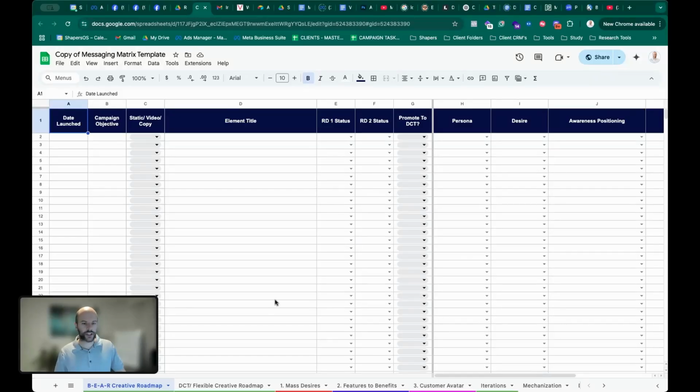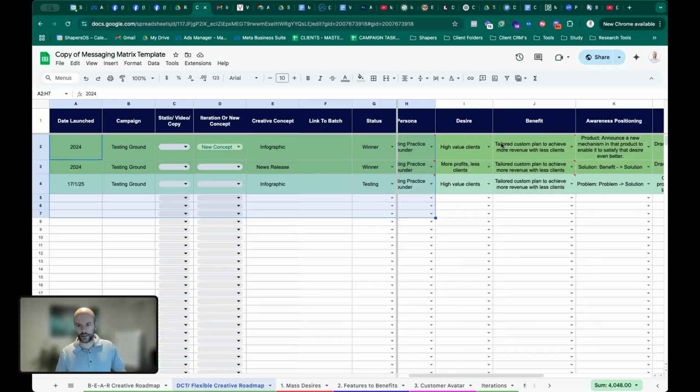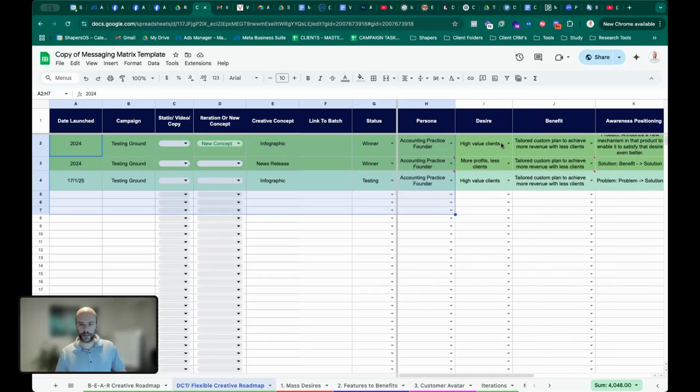Alright, so this is the messaging matrix doc. Some of these terms, if you've never heard of them before, won't make sense. But essentially we use this as the initial element testing period. We use this to test those message combinations that we spoke about. So the desires, the awareness stages, and the sophistication levels, we document them through here, through our learnings. And then as we go through, we're going to find winners, we're going to find losers, and we're going to find ones that just don't make an impact on our business. So this is how I document